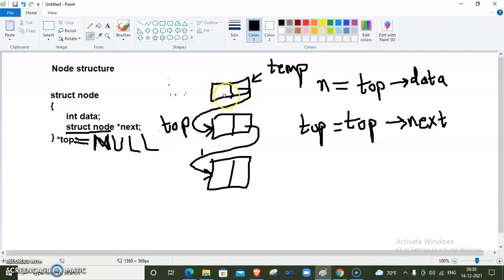Now we need to remove or pop this element or node. This link we need to destroy first. How can we destroy this link? By replacing it with null. Here there is the address of this node, but we need to store null inside this node. So how can we replace